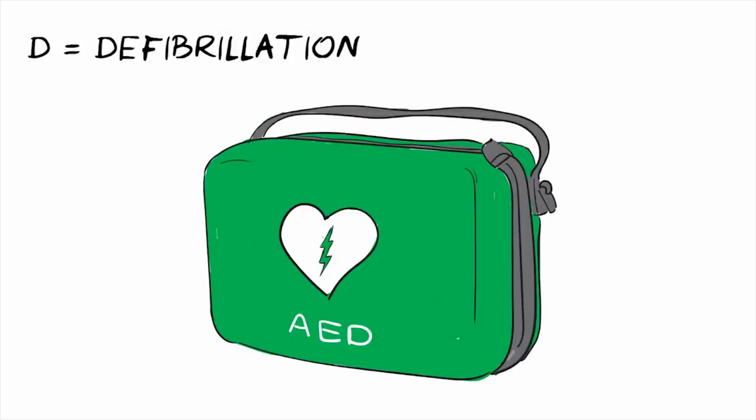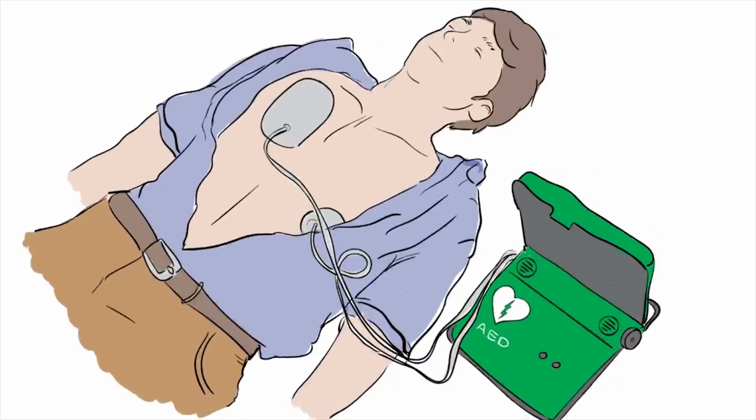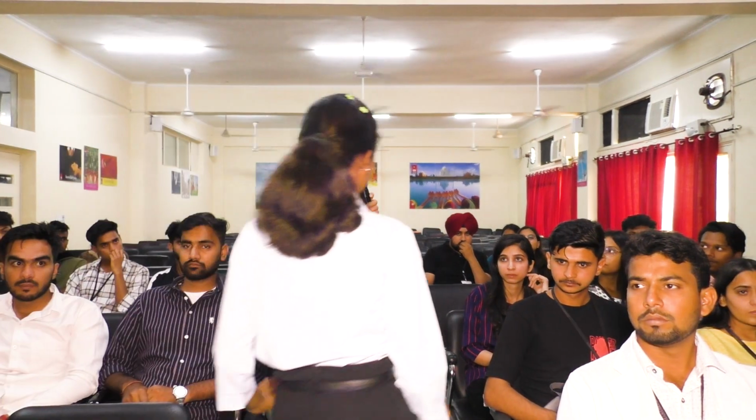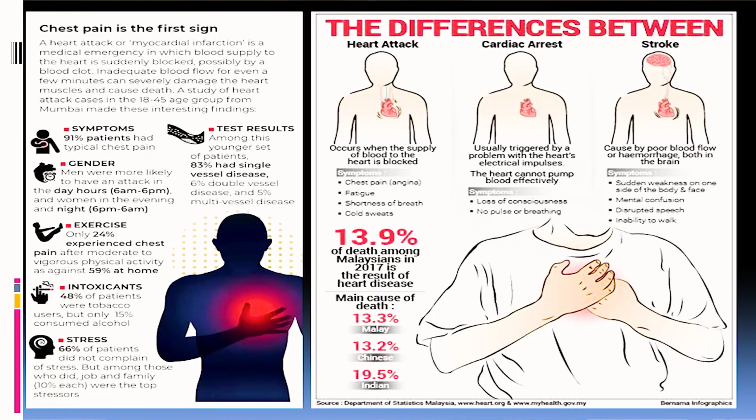This is the AED, automatic external defibrillator, which will give shock. So when a cardiac arrest occurs, it is a more serious emergency and you have to revive the patient immediately. So somebody falls in front of you, becomes unconscious. So then you have to first find out whether this is because of cardiac arrest or patient is having a massive heart attack. So how will you differentiate is that I will tell you in the subsequent slides.